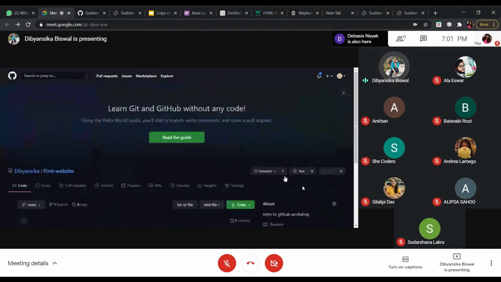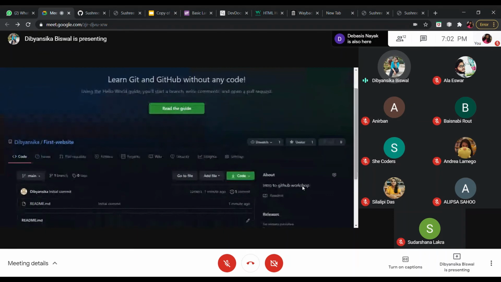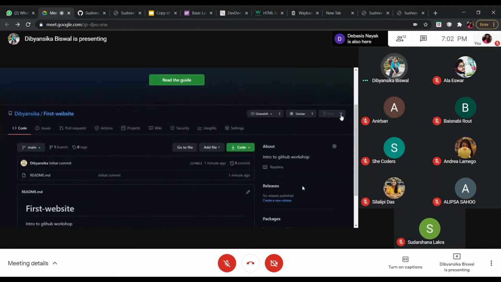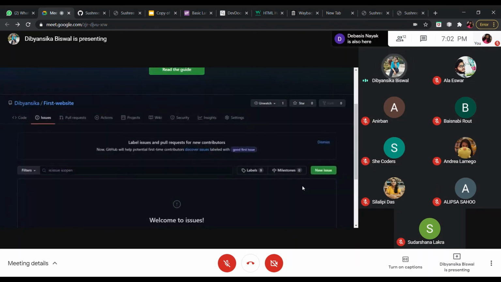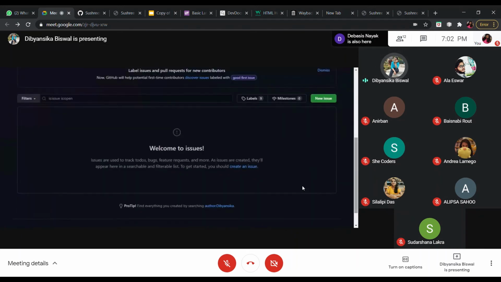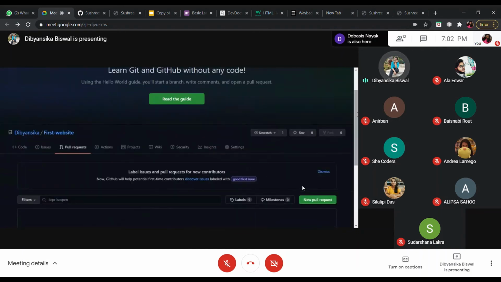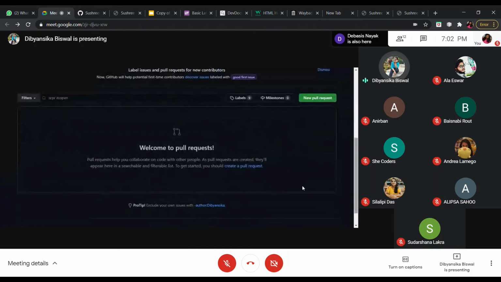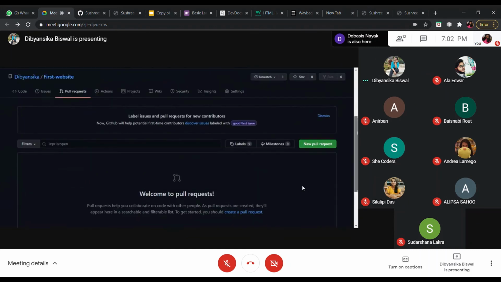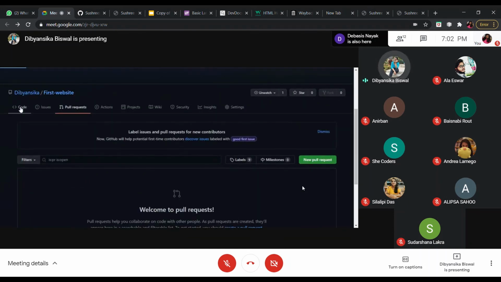See, you can see a star means you can click on it and it will be starred. You can review it later. And fork means, as I said, that you can copy your code. Since it's my own project, I cannot fork it. So here is the code. Here are the issues. If anyone is having any issue, the owner can see it. And then see here, a pull request, all the pull requests that are made on your project, you can go through. So see here, a new pull request you can make, and these are things I told you during the PPT.